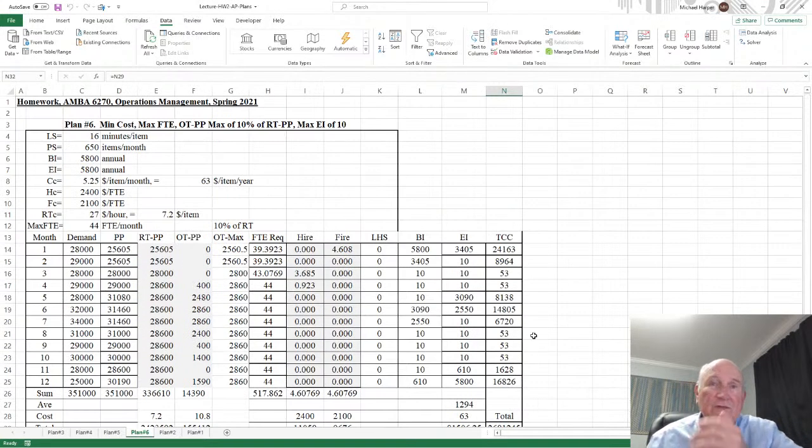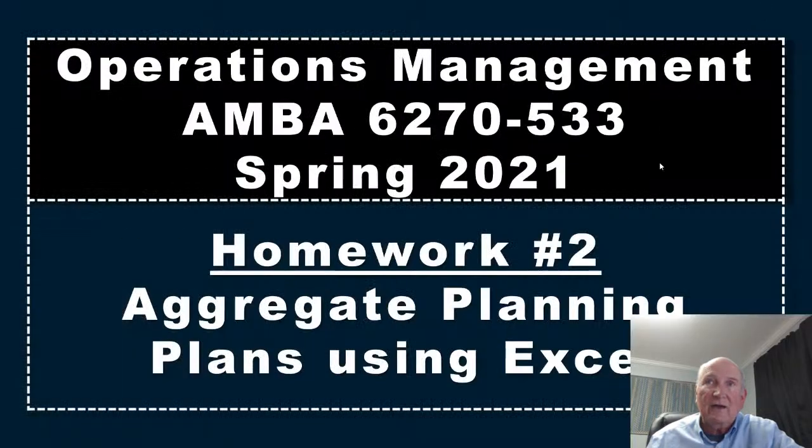Okay. Well, there are the 6 plans, and there they are. Those are the plans using Excel. I hope this helps. You can work through this. Make sure you could do this and work through the plans. And I'll post the plan number 3 in Canvas so you can actually work on it and do what I just did in this video, step by step by step. I hope this helps. Between now and the next time I see you, I want to urge everyone